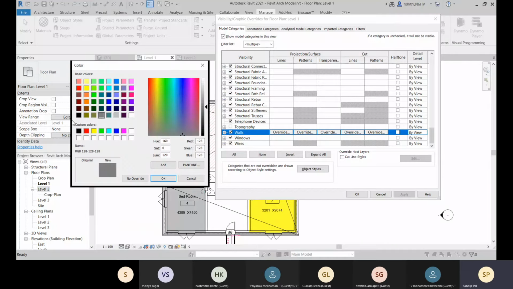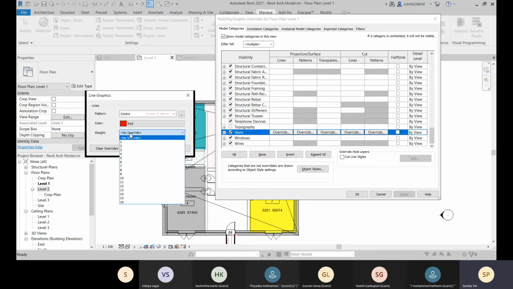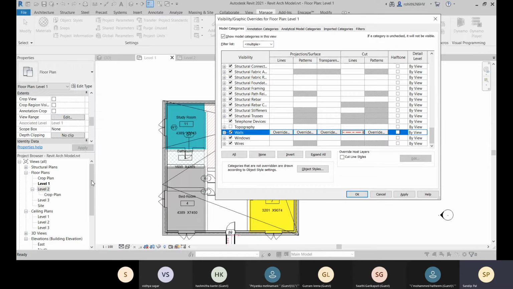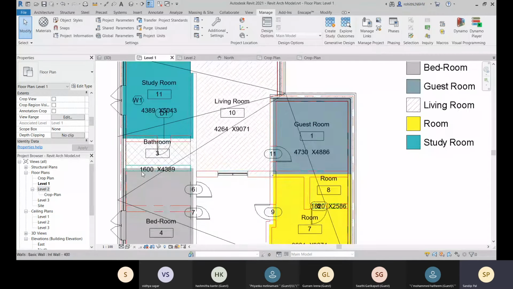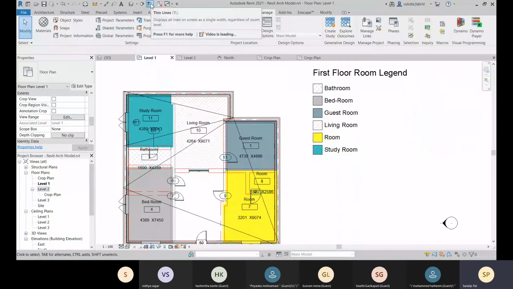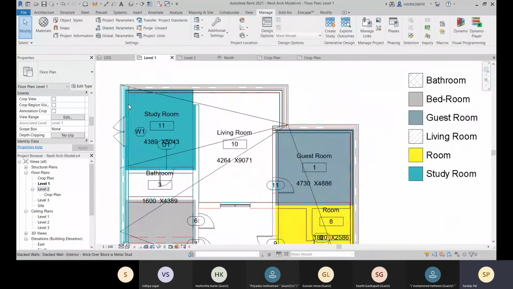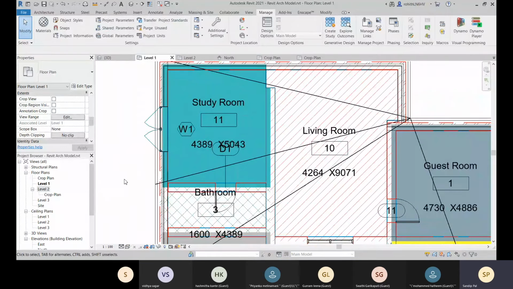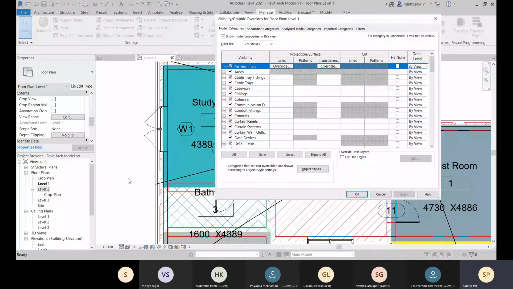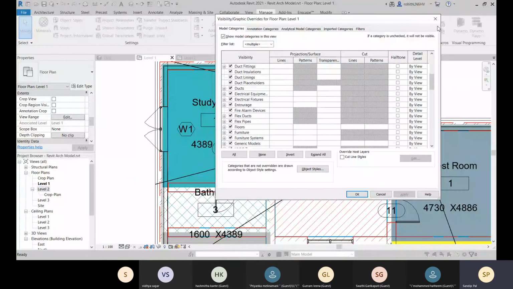Okay, and the color you can let's define this one. Okay, and click on apply, and here you can see that it's showing you this red color, and if you off this thin line option, there you will see the thickness of your line. Okay, so this is how you can control all the objects visibility over there.